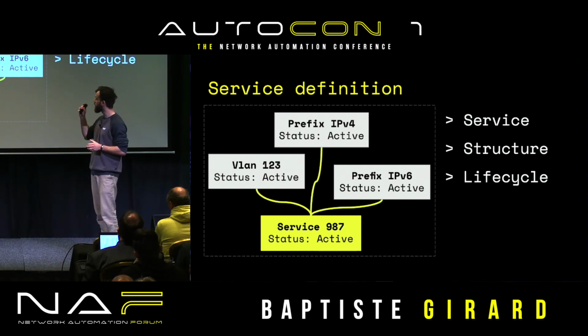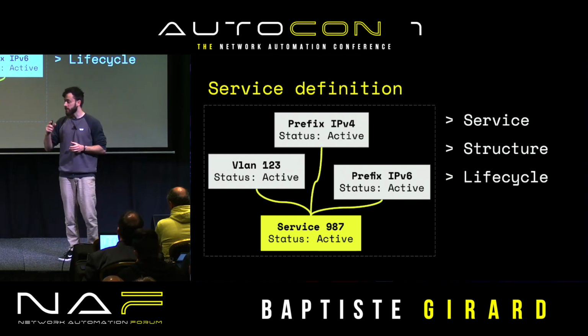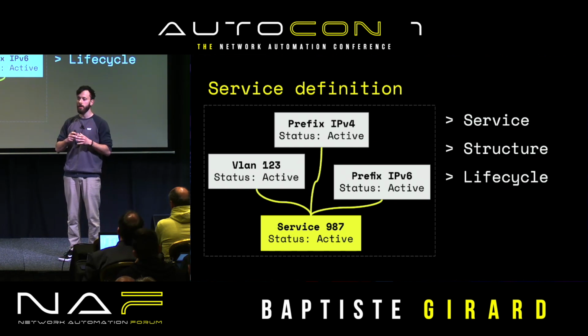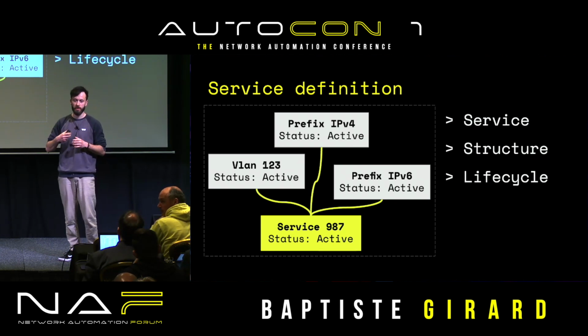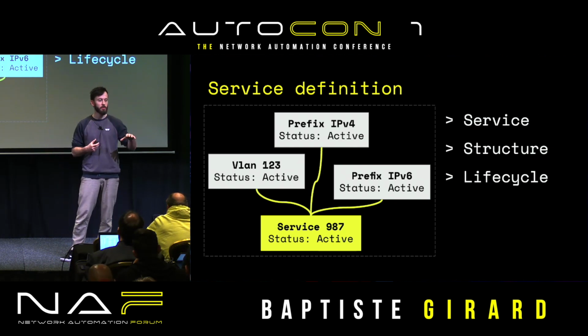So at that stage, we have our service object, we have our structure to reflect this. We still miss the data on the service object. And so there, again, using a combination of this sync and SSOT, we got this data set from the BSS layer on a daily basis. So we get this huge list of services directly into our source of truth.